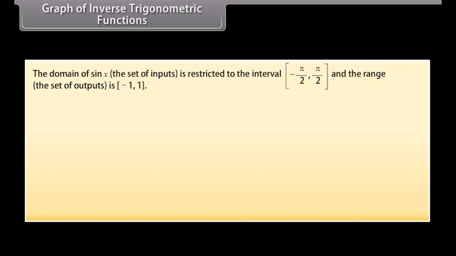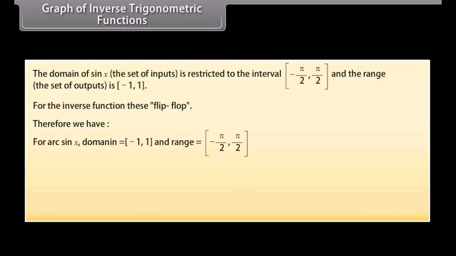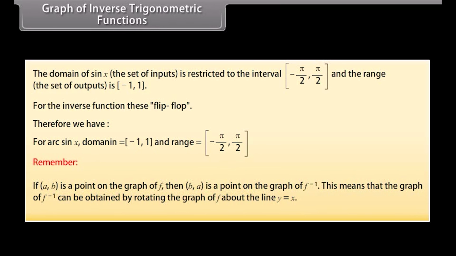The domain of sine x, that is, the set of inputs, is restricted to the interval [-pi by 2, pi by 2], and the range, that is, set of outputs, is [-1, 1]. For the inverse functions, these flip-flop. Therefore, we have for arc sin x, domain is equal to [-1, 1], and range is equal to [-pi by 2, pi by 2]. Remember that if (a, b) is a point on the graph of f, then (b, a)